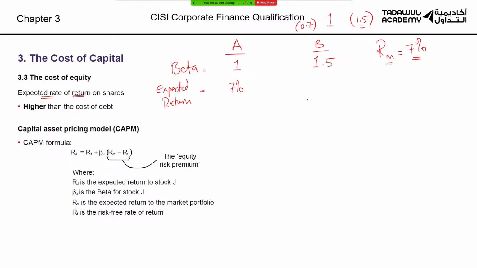Stock B, however, has a high beta, 1.5. So I should be expecting a higher return than 7% because I am taking more risk. How much higher return than 7%? This is where the CAPM formula comes in. The capital asset pricing model, which was invented by Mr. William Sharpe and Mr. Jack Treynor, of course, of the Sharpe ratio and the Treynor ratio, but we won't get into them now. They said the higher the beta, the higher the expected return.